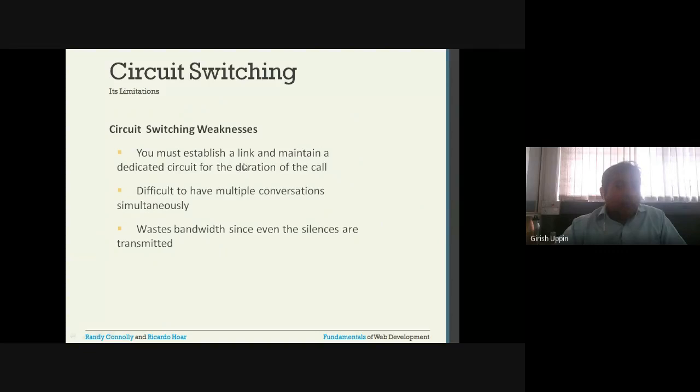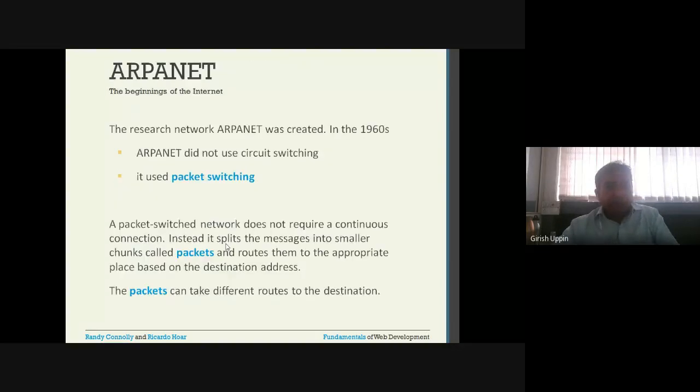Even if there is no communication, you still have to maintain that physical link. It is difficult to have multiple conversations simultaneously. Suppose you want to have multiple conversations using the same network, it would be very difficult. So it is a waste of bandwidth. Even if there is nothing to be communicated, those lines will still be dedicated.